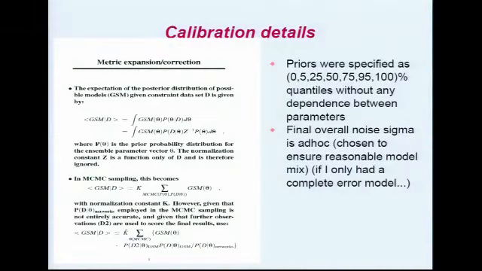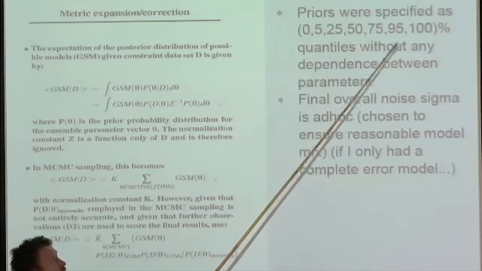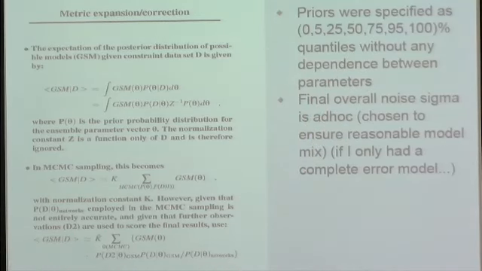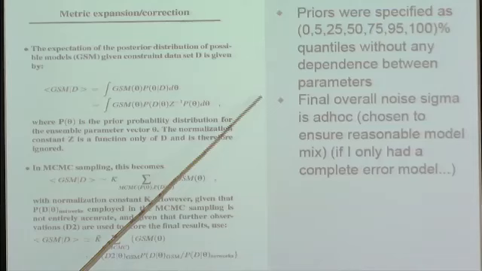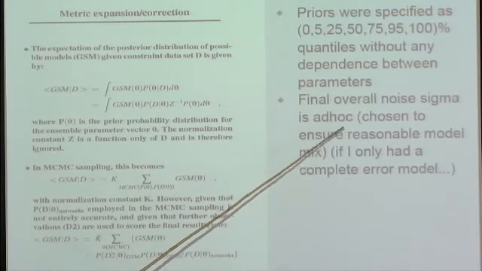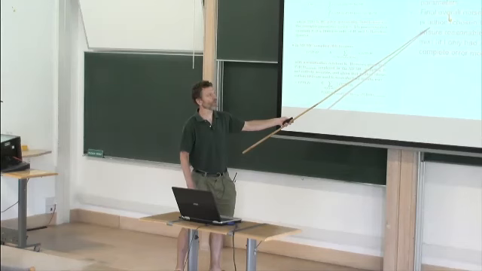A few other details with the calibration. The priors were specified, I guess, based on my own judgment and from past modeling. Initial priors for each calibration parameter were specified by just kind of univariate quantiles, 0 to 100. And then the final results, because I had so many different metric components, and I'm not able to account for structural error, I actually adjust the final sigma, basically the noise factor, when I'm producing ensemble means and variance statistics,